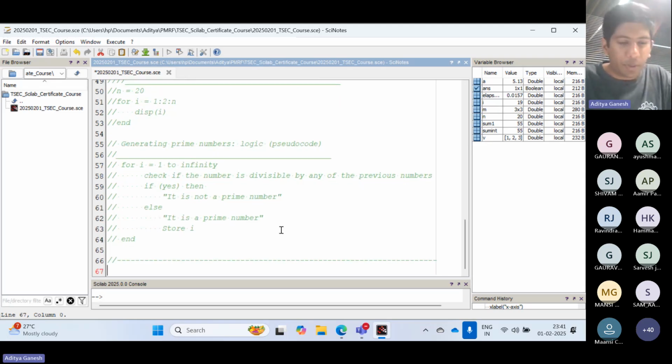And finally, while loop. So in your while loop, you can have, let us say,